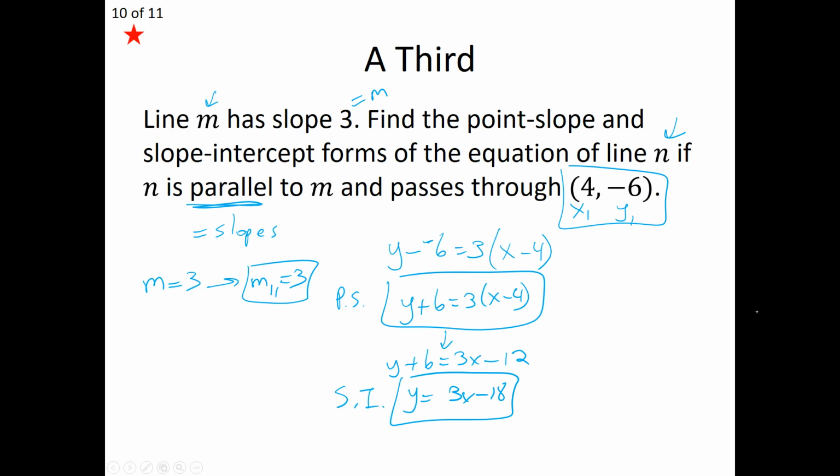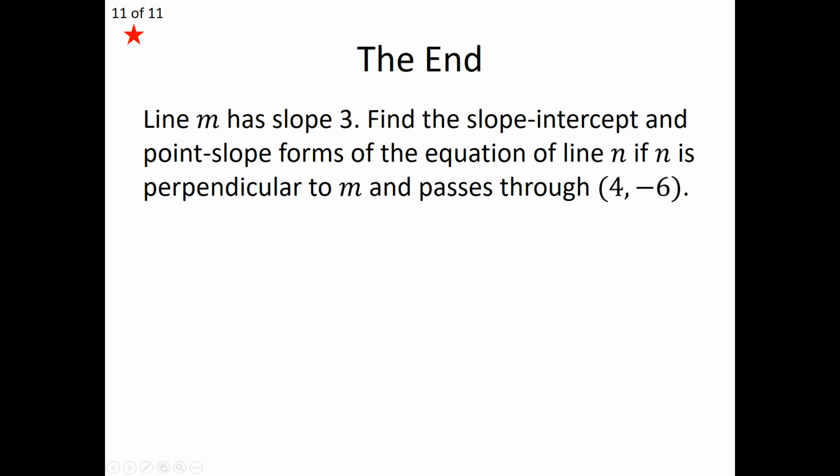Let's dive into our very last example, where it's set up almost the same way, except for one word has changed. We're still given line m that has a slope of 3, but this time we want to find line n to be perpendicular to line m through the same point 4, negative 6. Now, the slope we started off with was m is equal to 3, but this time we don't want the parallel,